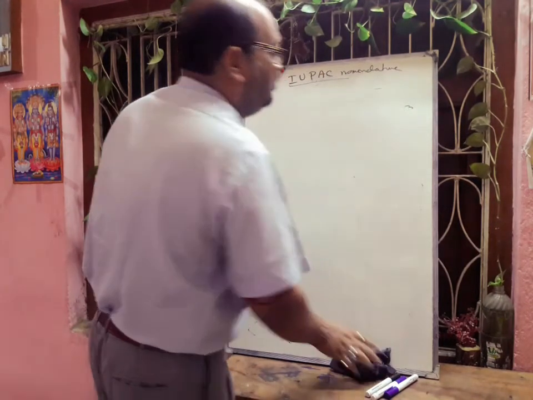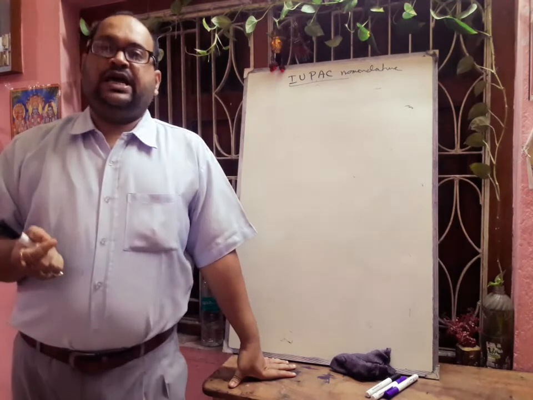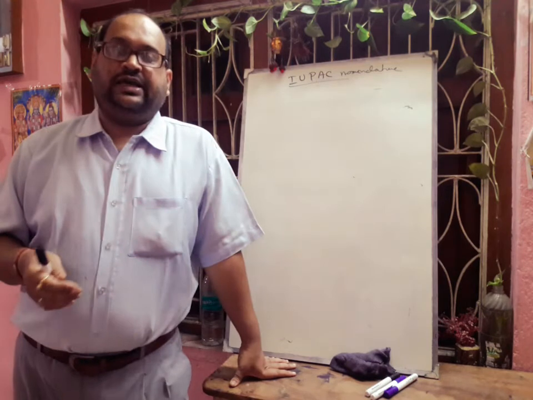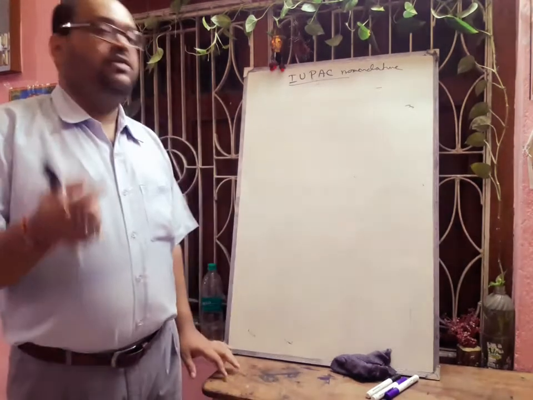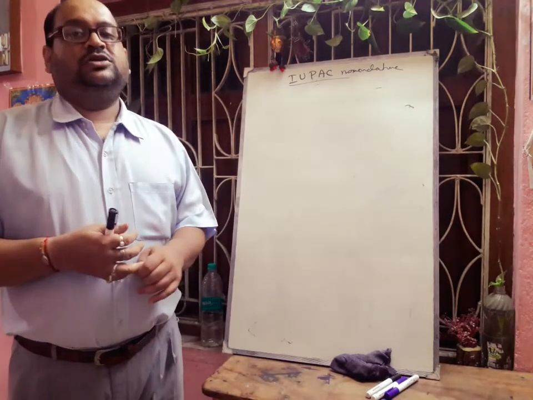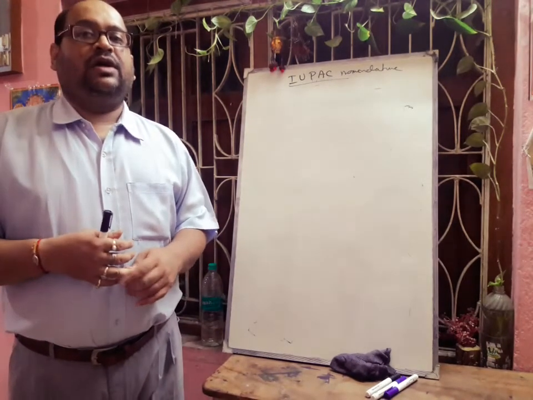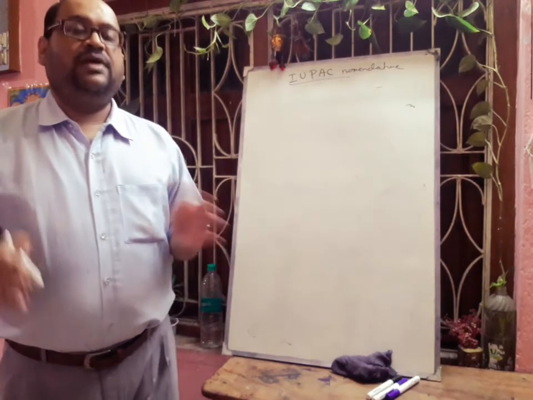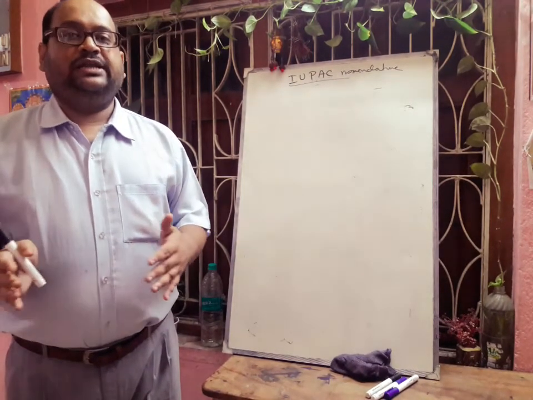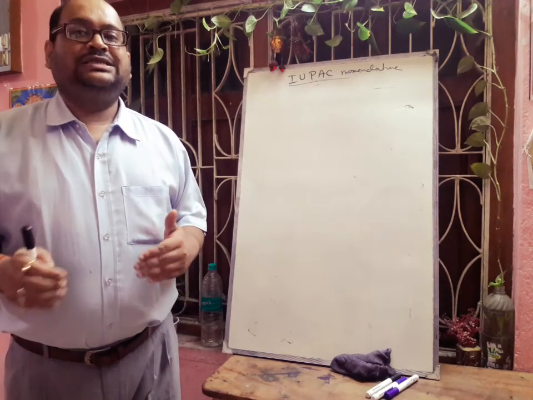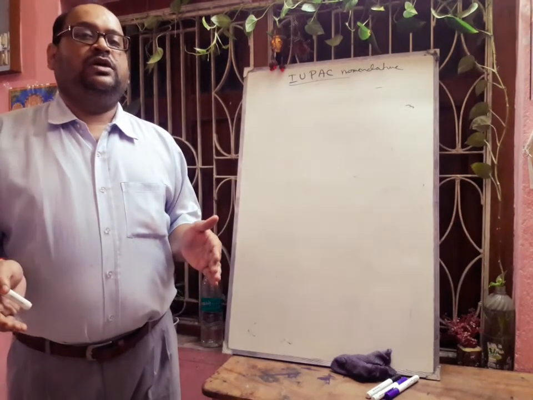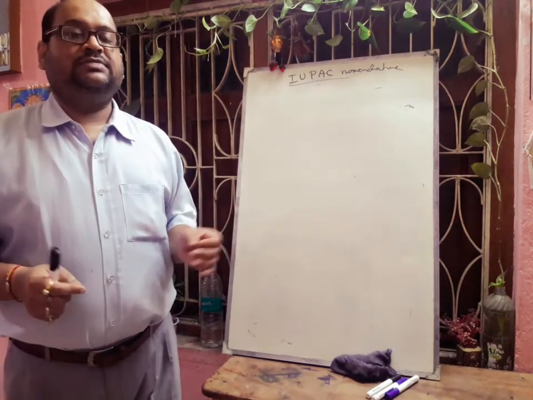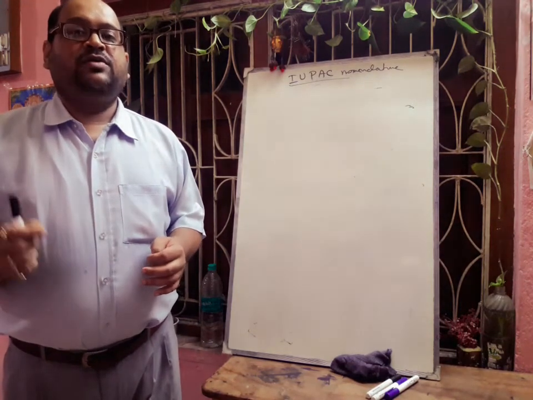Suppose in a compound there are two functional groups, COOH and OH. In this table, the position of COOH is at the top and OH is lower. So definitely COOH will be the principal functional group. So a complete IUPAC name of an organic compound may be represented as: first we write the prefix, then the word root, then the primary suffix and the secondary suffix. So you try to remember this and study this compound. Today I am just showing one example, and next day we will discuss in detail.